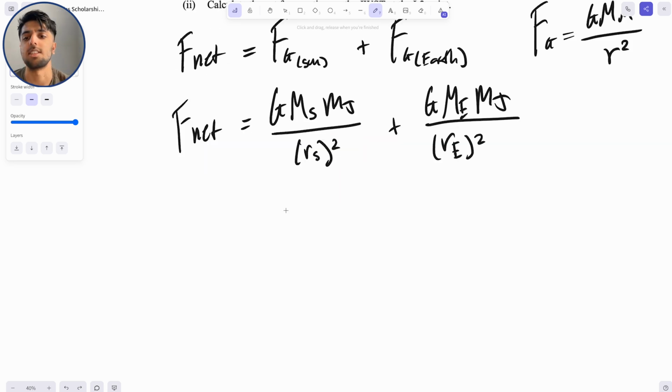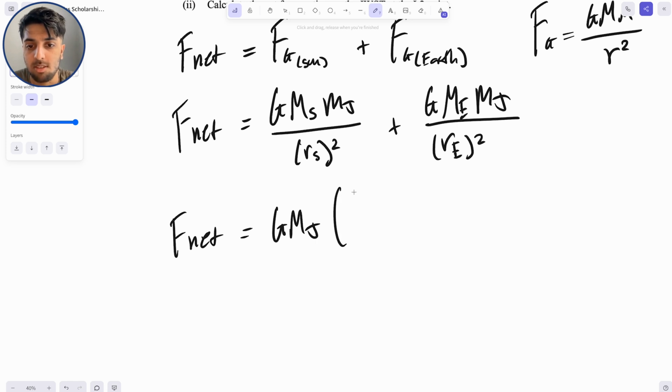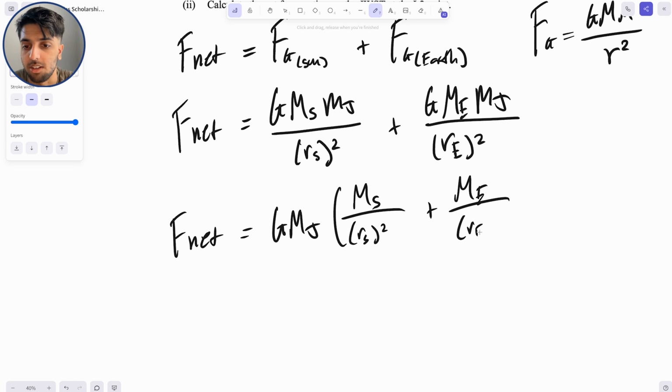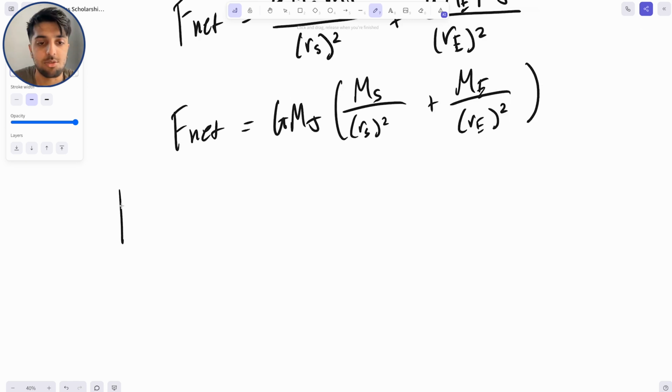So we can see some common terms. We have a G and mj on both equations. We can take that out for simplifying reasons. So we have G, mass of the James Webb Telescope, times mass of the Sun over rs squared plus mass of the Earth over re squared. And so just subbing in these values,